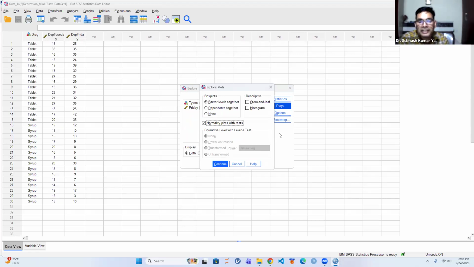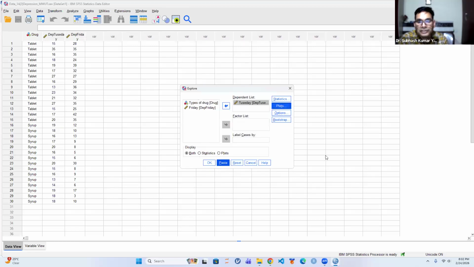जब आपका खुल जाएगा ना मैम, तो एक एक चीज इत्मीनान से देख सकते हैं। यहां पर नॉर्मलिटी प्लॉट्स विद टेस्ट्स पे टिक करिए, जस्ट पुट अ टिक ऑन द नॉर्मलिटी प्लॉट्स विद टेस्ट्स एंड जस्ट क्लिक ऑन कंटिन्यू। इज इट ओके नाउ? यस सर। And then you can go for the,